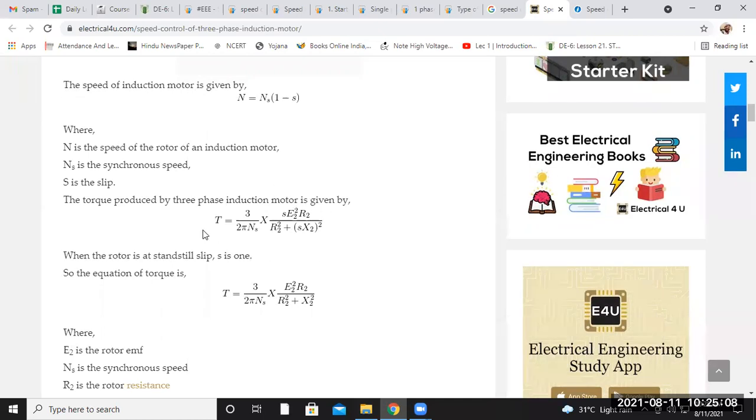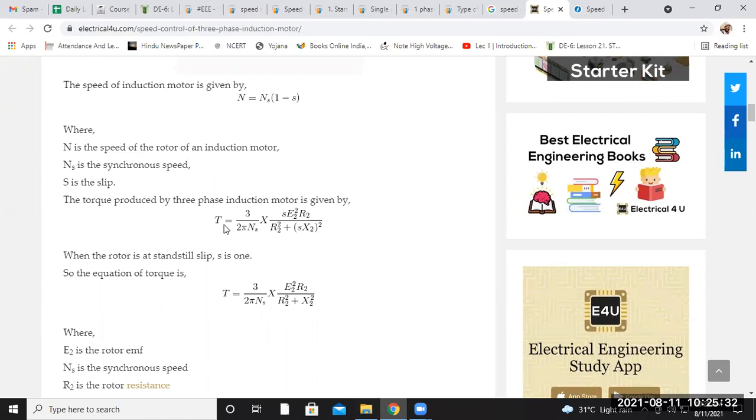That is the torque. This is the torque of the induction machine. This was our constant part that we have discussed in the torque slip characteristics. We have not considered this term 3 upon 2 pi ns. Here these are constant values, so we have taken it as a proportionality constant. But for the final value, when you write the torque equation of the three-phase induction motor, you will get this